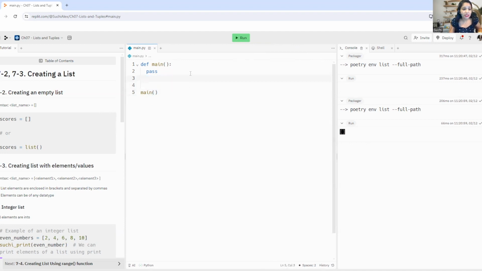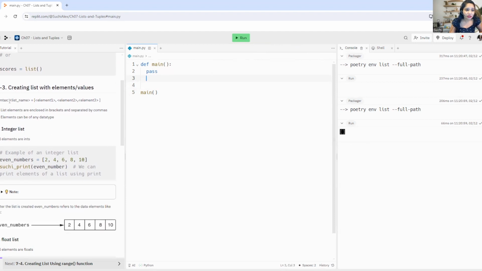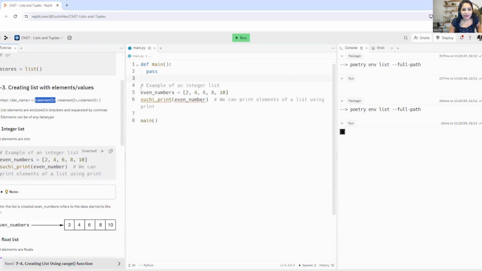How can I create a list with elements? So the syntax would be list name. You have to give it a name equal to square brackets. And then you have to specify your elements. All of them are separated by commas here. So these elements, element one, element two, can be of any data type. So let's get started and see